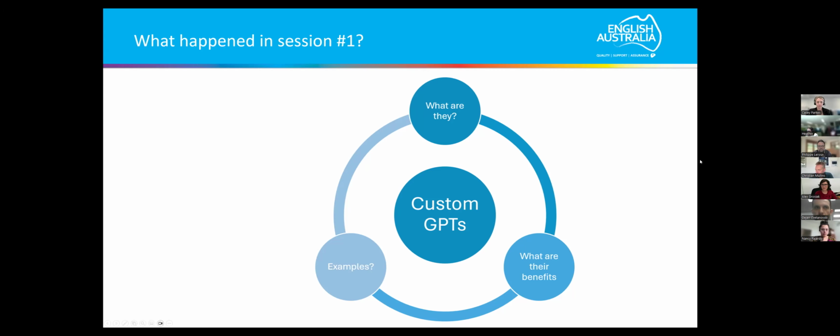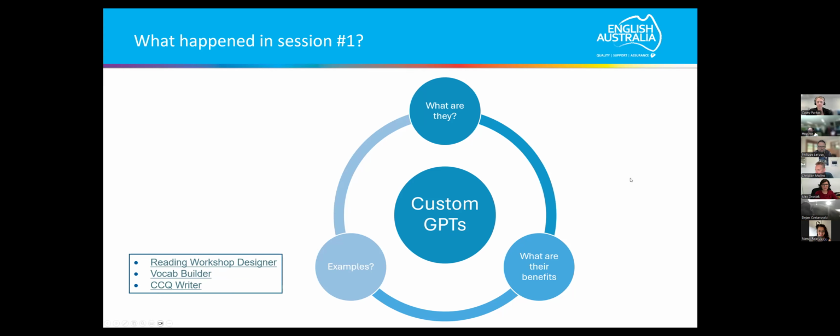Last time we introduced three examples: Chris shared a reading workshop designer, a vocabulary builder, and my personal favorite, the CCQ writer, the concept checking question writer. For those who were not here last time, when you receive the slides you can click on those links and they will take you to those custom GPTs, and you can try them out yourself.